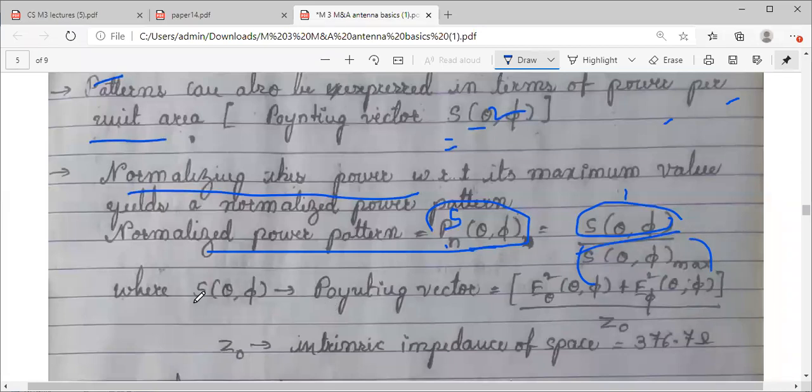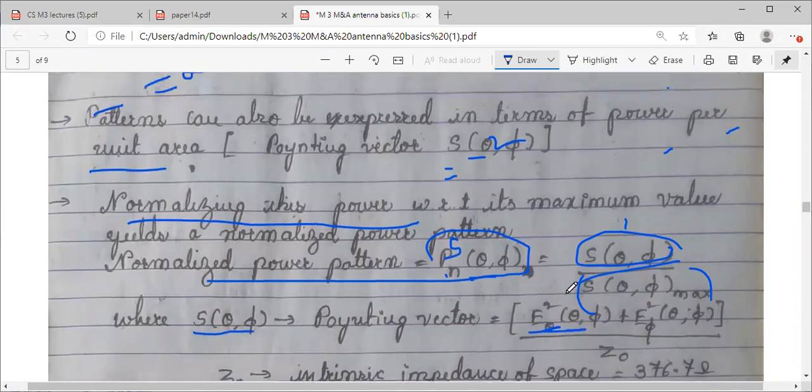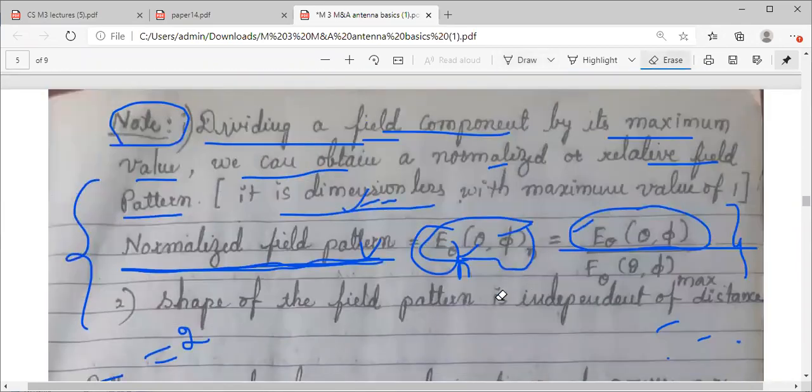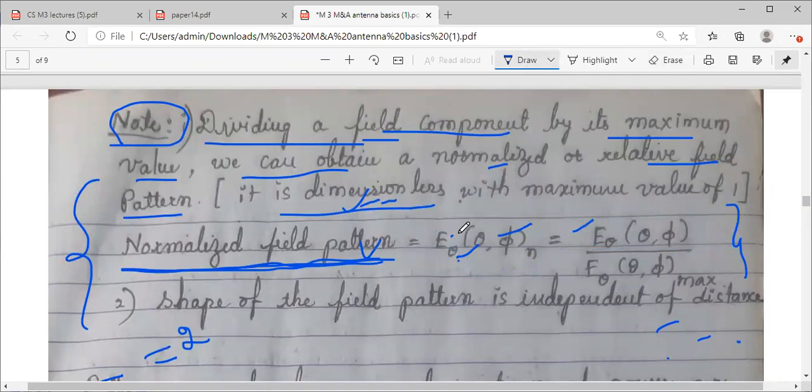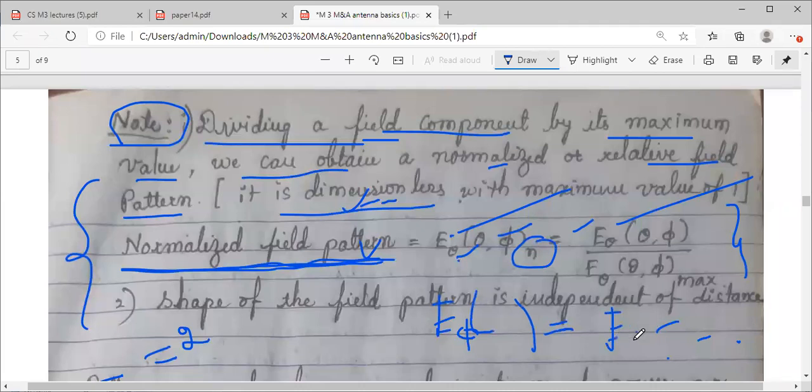And we know already how the power is related to the field. It is E square. And as I have told you, whatever I'm discussing now in terms of electric field, the same holds good for magnetic field. We have theta and phi, two different components. The equation I have written here is for E theta. Similarly, you can write for E phi. The normalized value is equal to the E phi original value divided by the E phi maximum value. What is written in the theta direction, you can also write in the phi direction.